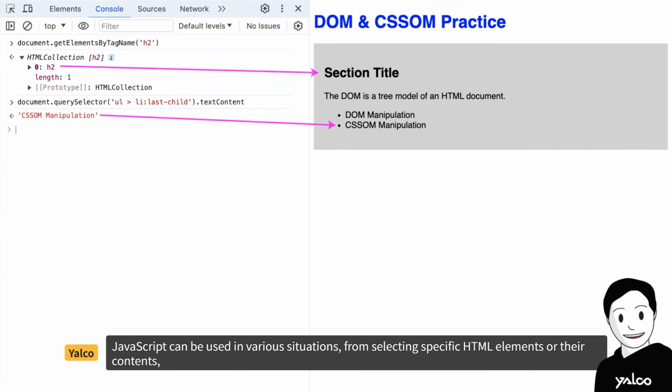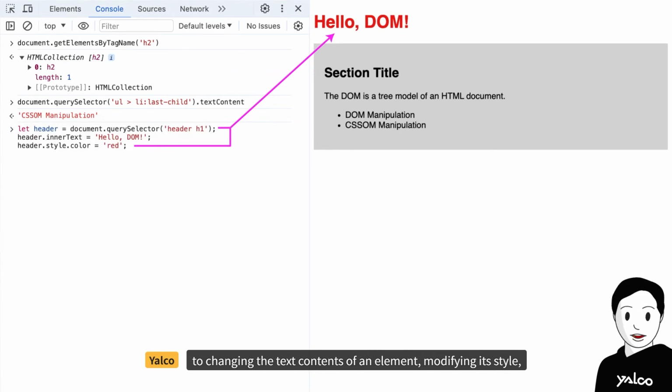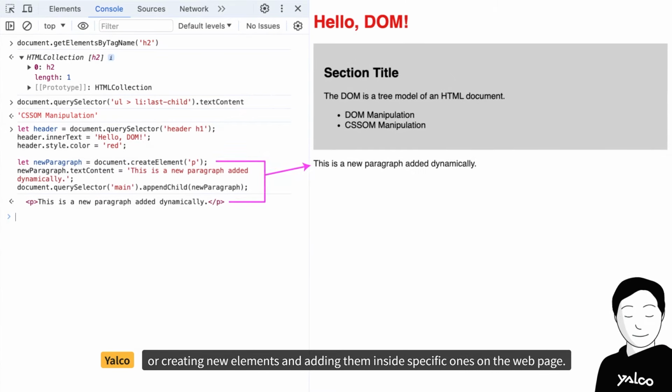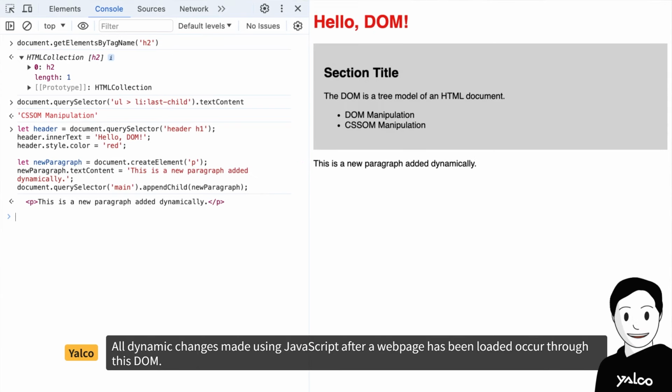JavaScript can be used in various situations, from selecting specific HTML elements or their contents, to changing the text contents of an element, modifying its style, or creating new elements and adding them inside specific ones on the web page. All dynamic changes made using JavaScript after a web page has been loaded occur through this DOM.